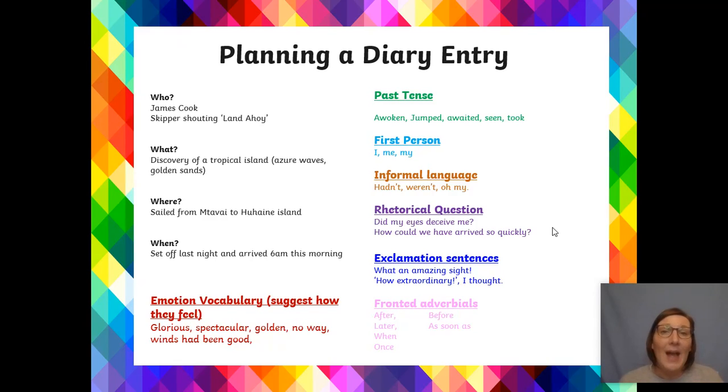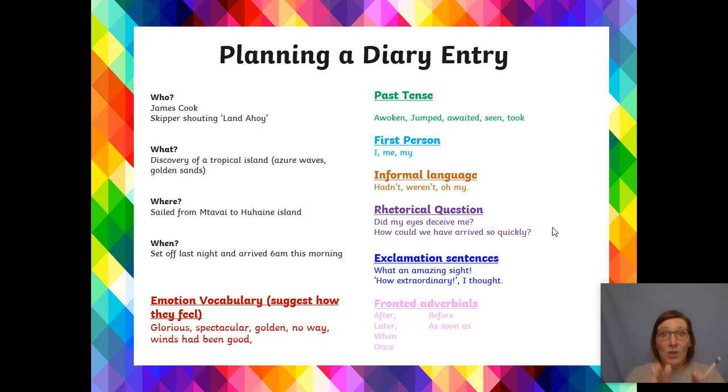We're going to be talking about how they're feeling about the event that is unfolding. Okay, remember, when we're writing it, it's already happened. So we're thinking back to how they would be feeling at the very beginning. And that leads me into the past tense. Remember, it's about what already has happened. So please don't write things like, I am going to. It'd be, as I approached the volcano, I felt in awe at its sheer size. Remember to use that past tense when you're writing. It's key for a diary entry.